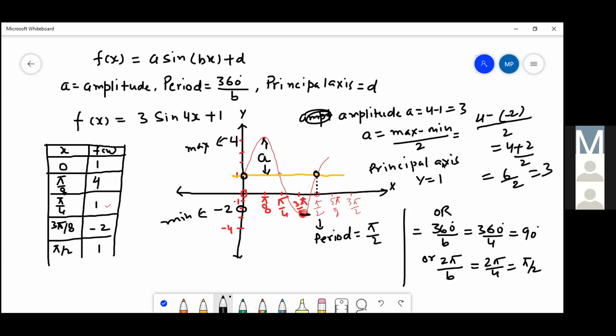Even if you use your GDC, it will tell you the amplitude. Your GDC will tell you the principal axis, that you can read. But for period, you will have to see the graph, and then you will have to use either this method